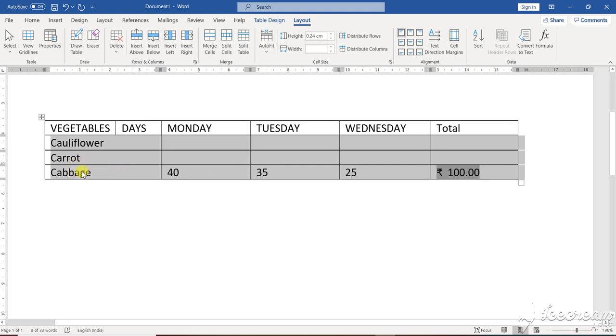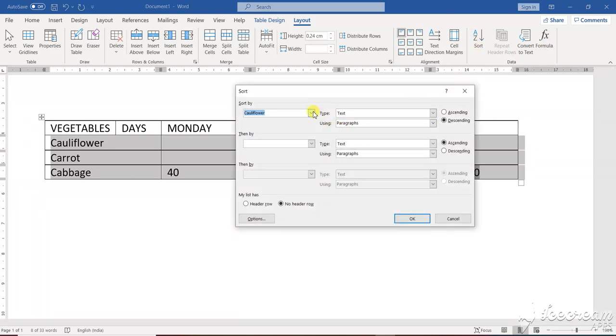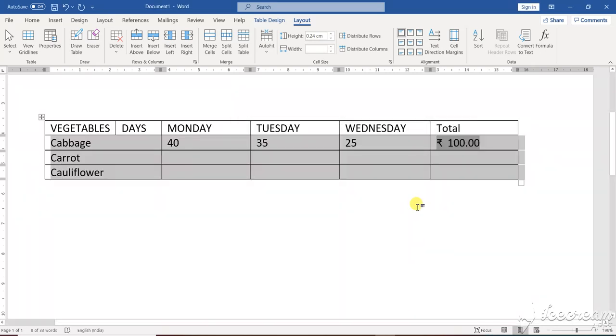That means as per the name they are there. So A, then B, then here R, then U. Okay, as per that it has been sorted. So if you want to do it in the sorting phase, suppose you go there, again column 1. Okay, any column you can choose in the ascending order. Okay, see the value is going to change. So this way you can do the sorting of your data.